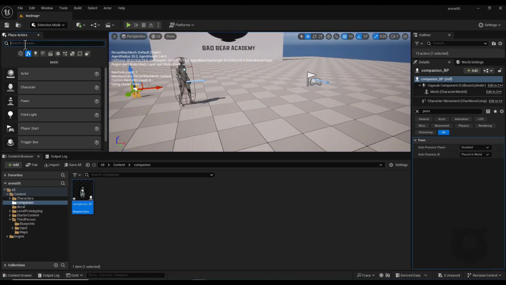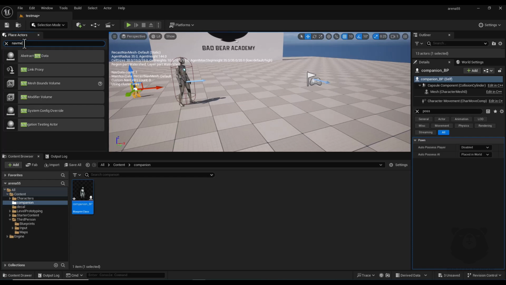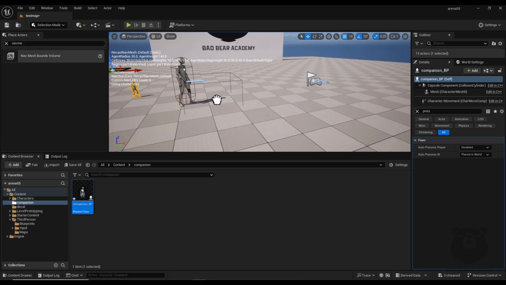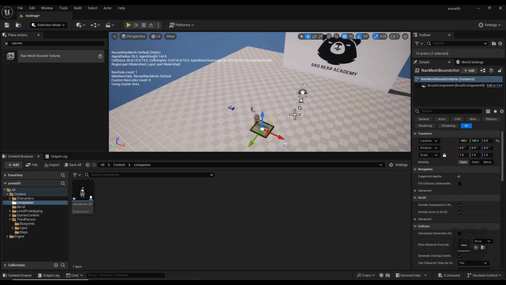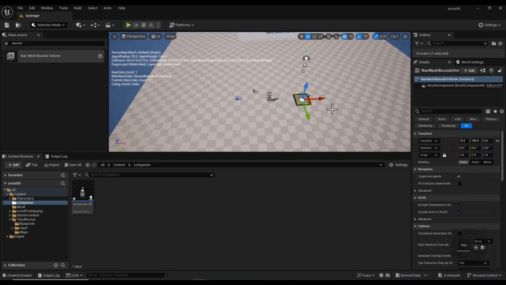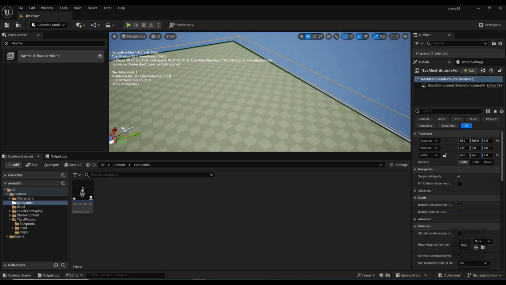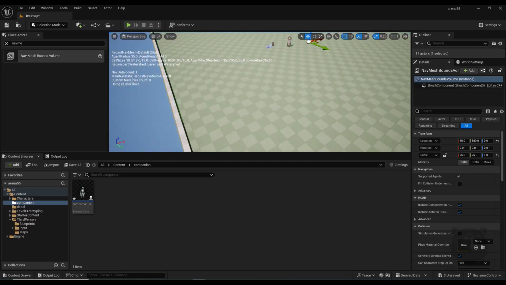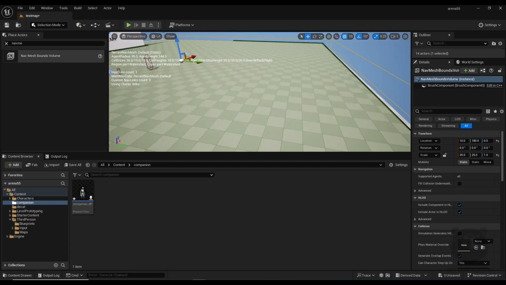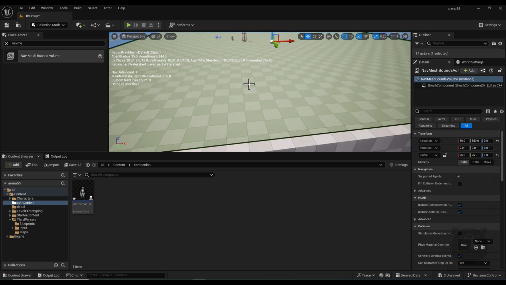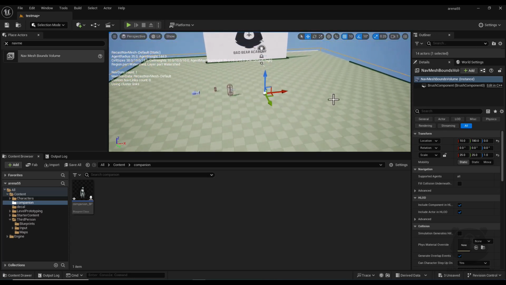So here in this section I search for nav mesh bounds volume and drag and place it inside my scene. This nav mesh is now placed inside my scene, and now I scale it up in X and Y axis. I set X scale to 25 and also Y scale to 25. And this green highlight indicates that this nav mesh bound perfectly covers this whole floor, and by pressing P button